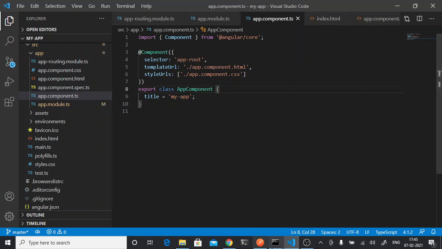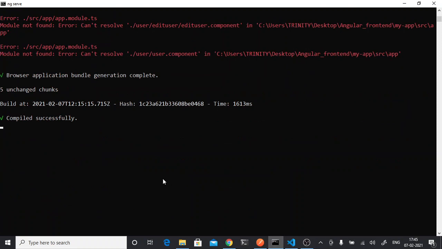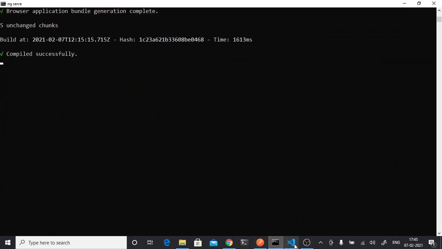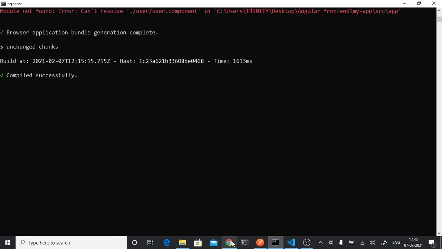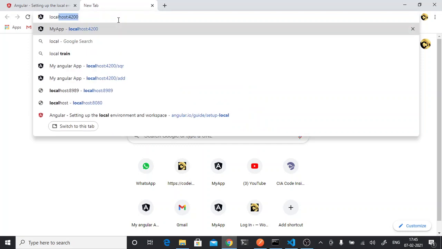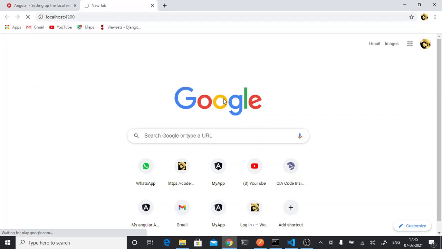So let's see a simple hello world program. It is saying compiled successfully. Once it is compiled, it will run on local system at port 4200.